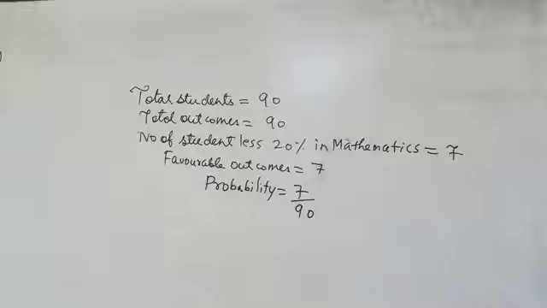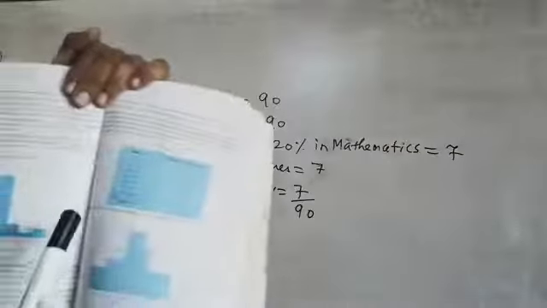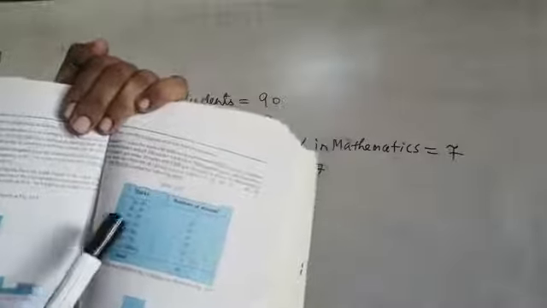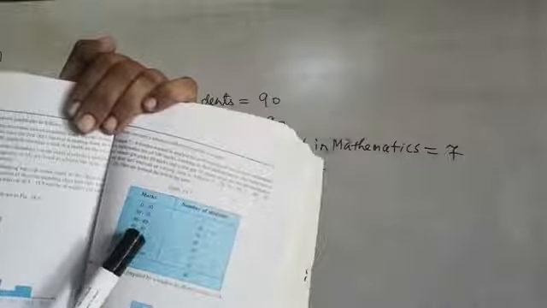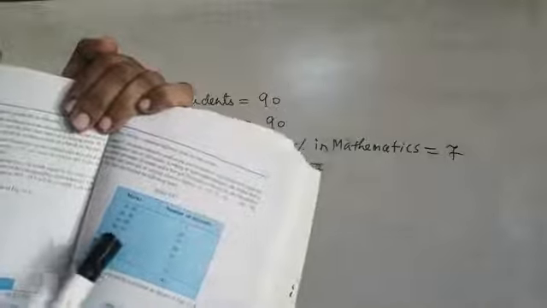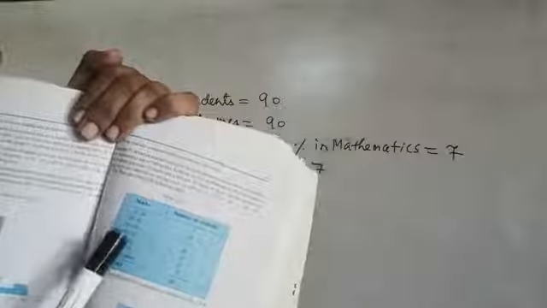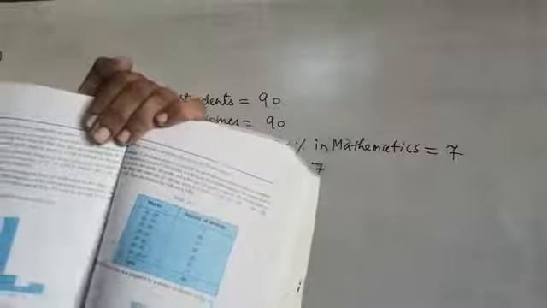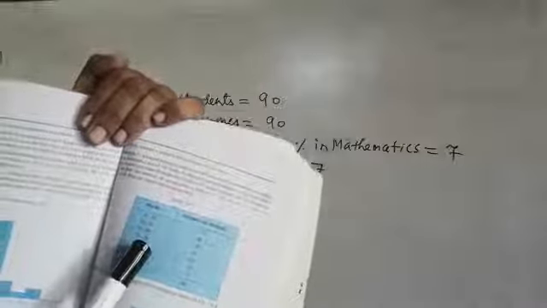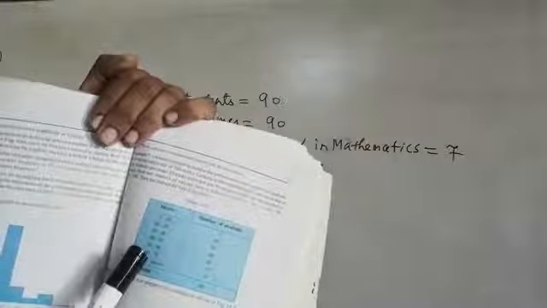Now it is asked how many students got more than 60 marks. More than 60 means 60 and above. So again you have to see this table and find how many students got more than 60. Here you have to see it clearly. 40 to 50, 50 to 60. This 50 to 60 data, the number of students is 20, but we will not include it, because in a class interval, 60 is not included on the upper limit side. 60 will be included on the other side.